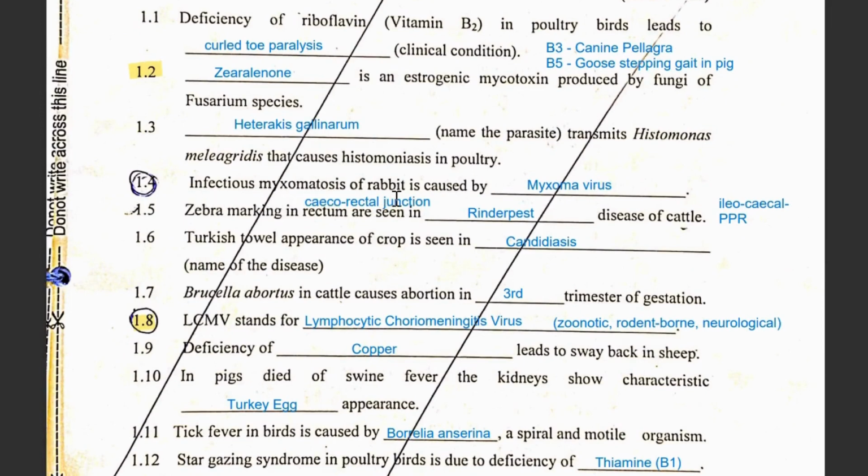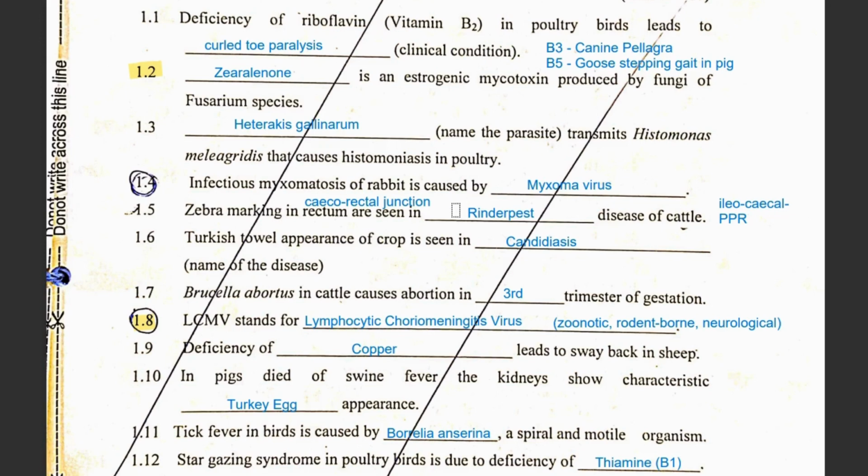Infectious myxomatosis of rabbit is caused by myxoma virus. Zebra marking in the rectum are seen in rinderpest disease of cattle. To be precise, it is found in cecorectal junction. So if the fill in the blank was zebra marking in dash is seen in rinderpest, then your answer would have been cecorectal junction. Rinderpest is caused in the large ruminants, that is cattle, and in small ruminants we